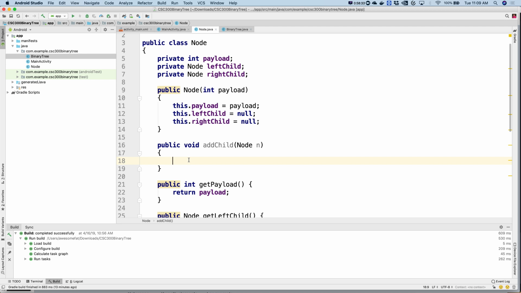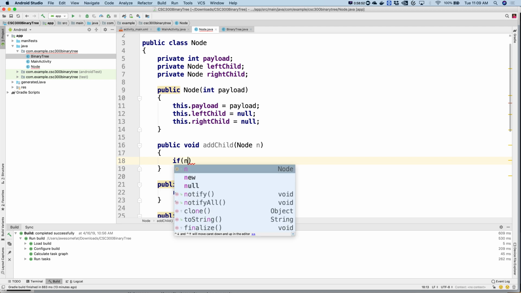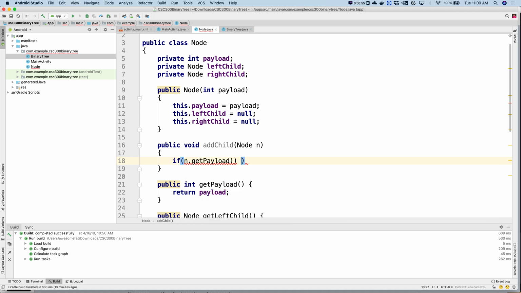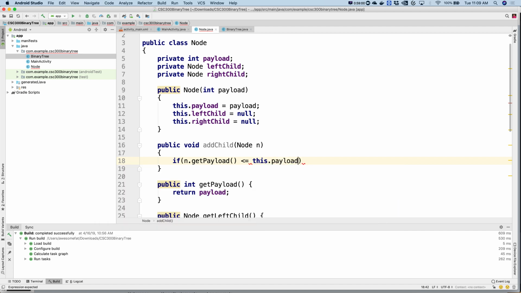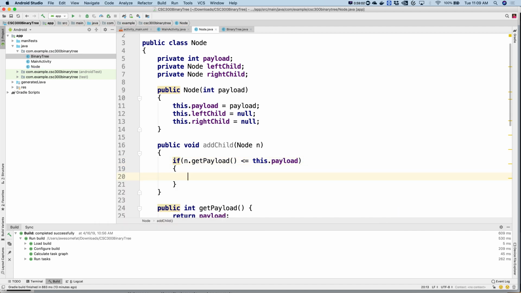And he's going to ask the question. If I'm a node, I know he's not taking my place. The only reason he was passed down to me is because there was not a vacancy on my throne. So they're handing me this guy and saying, find a home for him. So I need to decide, does he go to my left or does he go to my right? If n.getPayload is less than or equal to this.payload,